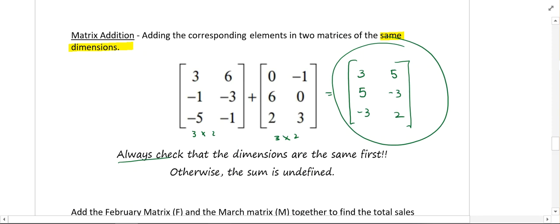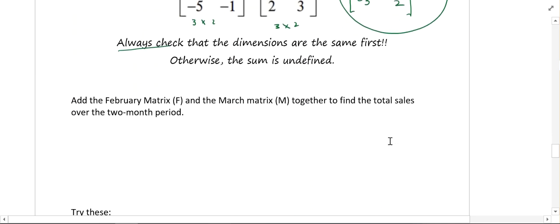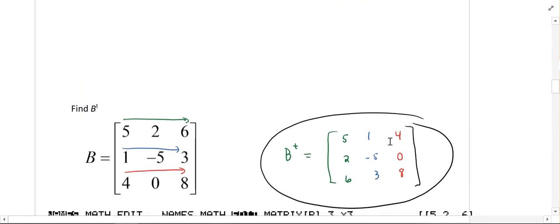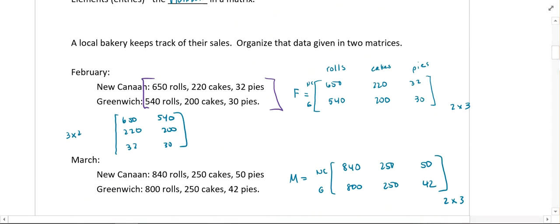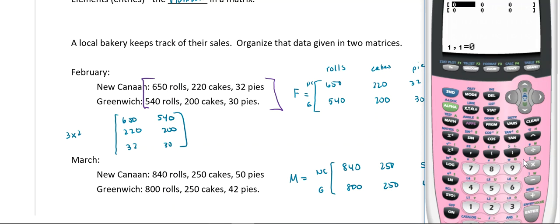Ta-da! All right, so we are going to take our February matrix and our March matrix and add them together to find the total sales over the 2-month period. I'm actually going to do that with the calculator. Okay, so where are those? There's February and there's March. So I'm going to go back to my matrix window, which again is second x to the negative 1. I'm going to go over to edit, and I need to make these 2 by 3 matrices. They are 2 rows and 3 columns. If you happen to put the dimensions in wrong, you would see that it was the wrong shape and just split up your numbers. 650, 220, and 32,